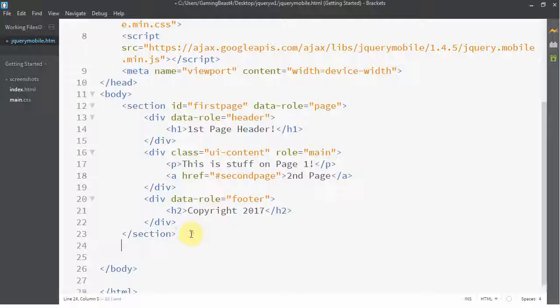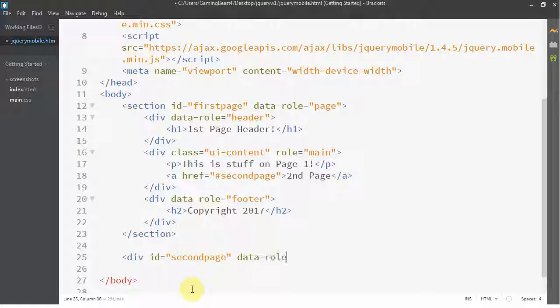So let's create that second page. And this is what's kind of cool, is you can create all these multiple pages on this one HTML page, and that allows you to navigate through, and you'll see. I think it's pretty cool. So div ID equals, well, what do we need to call the ID? Well, we need to call it second page because that's what we defined over here. When we click on this, we're going to go to the ID of second page. So ID of second page,